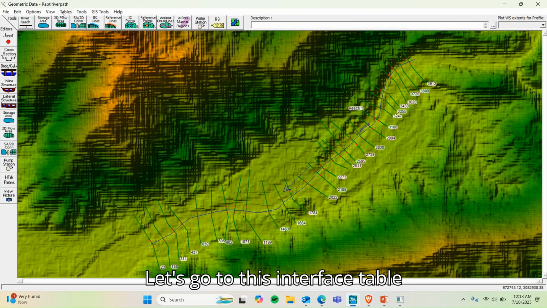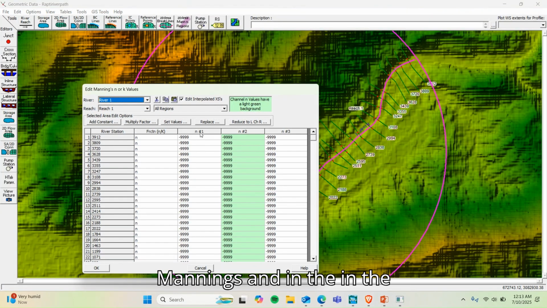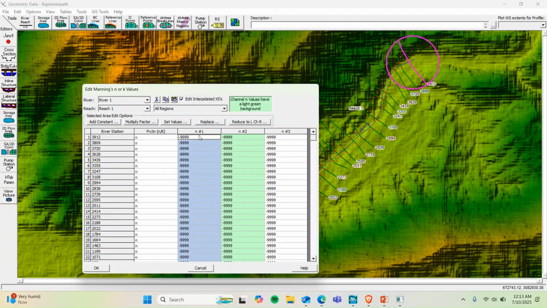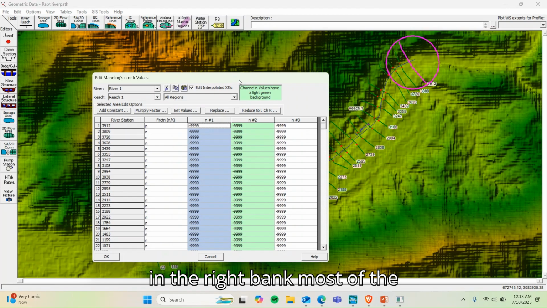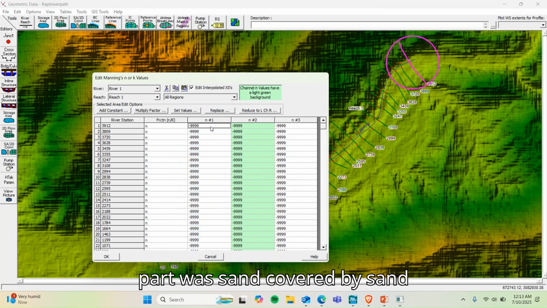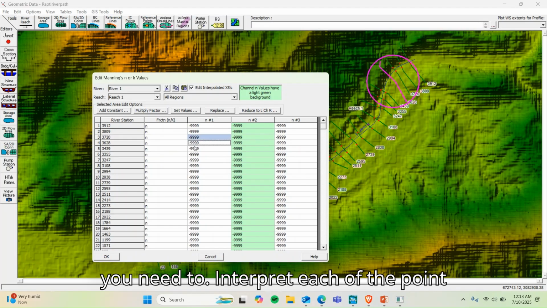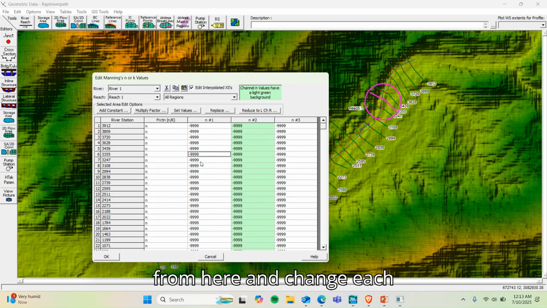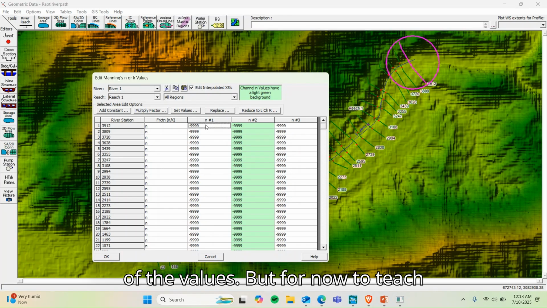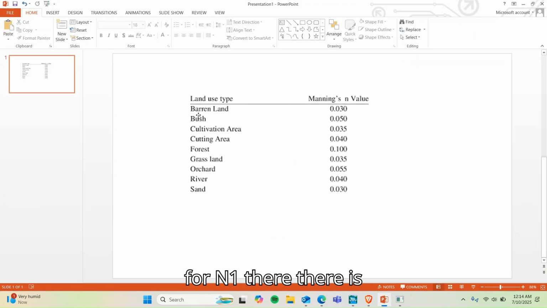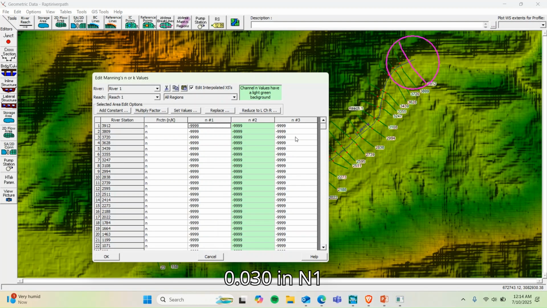Let's go to this interface table, Manning's. In the right bank most of the part was sand. You need to interpret each of the points from here and change each of the values, but for now, to teach you, I'm going to add similar values for all the sections. For N1 there is sand, so I'm going to enter